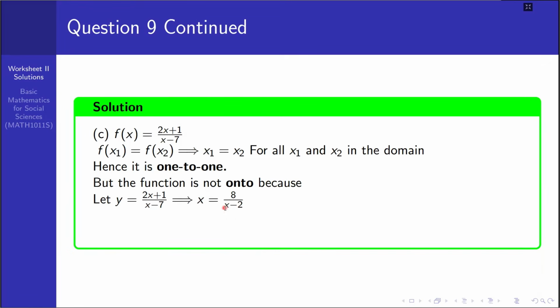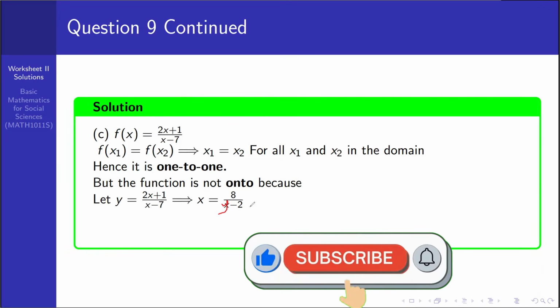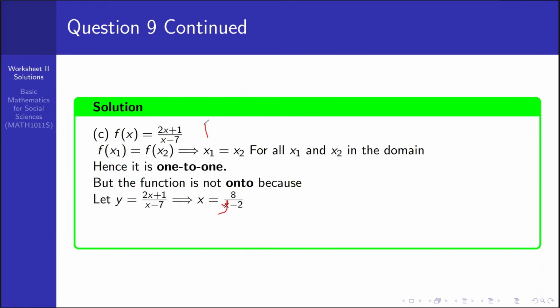Sorry, this must be y. This must be this y. ስለዚህ x equal to 8 over y minus 2. ስለዚህ አሁን እዚህ ጋር y ማለት the range, possible range of this function is the set of real number without 2. ነገር ግን function define የተደረገው from R to R ነው።